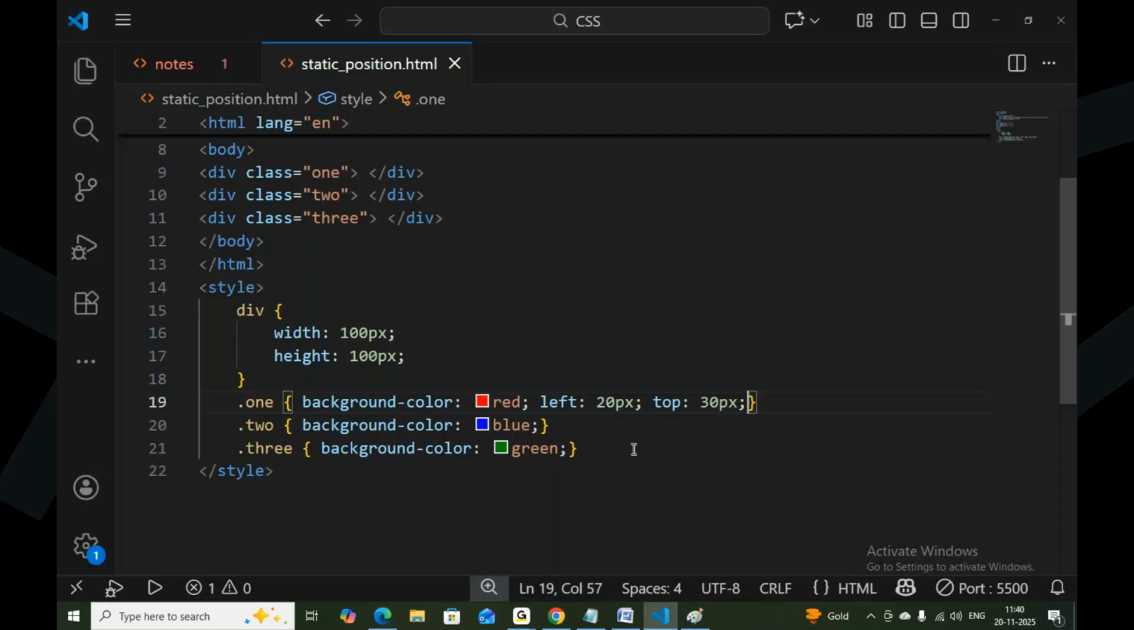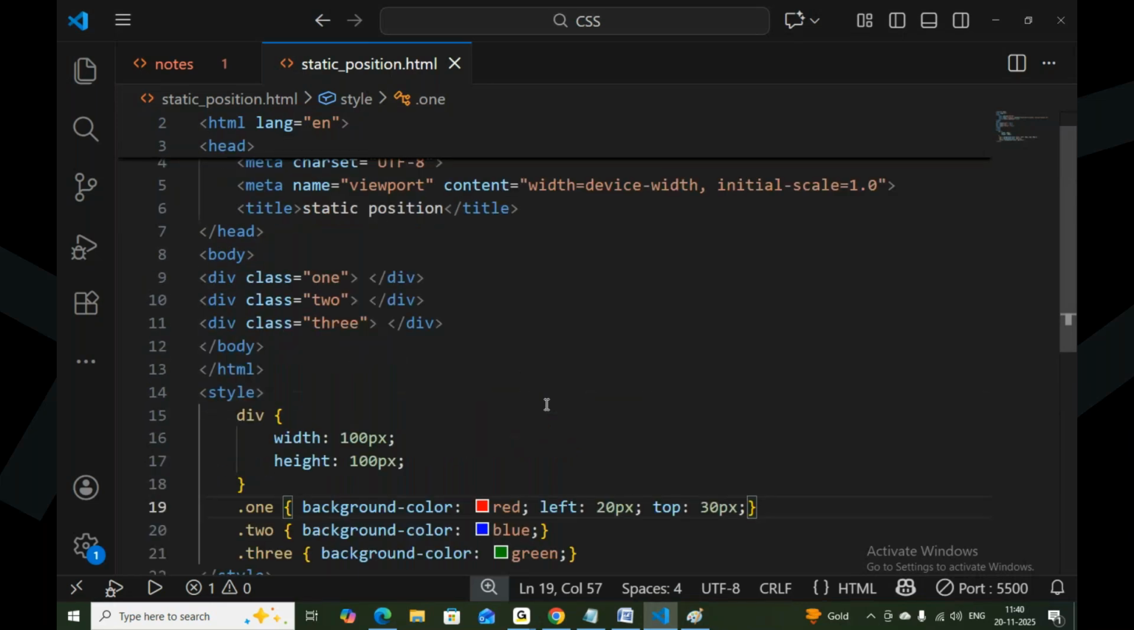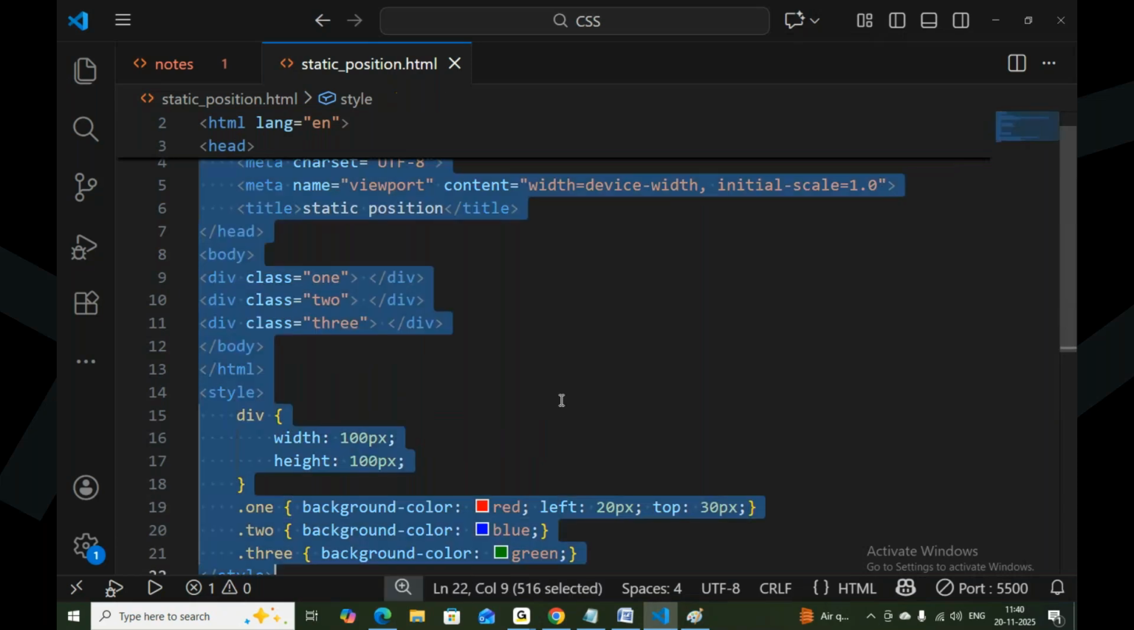I'm not saying anywhere the position property, but by default all elements are in static position. Remember it. Now let me go to